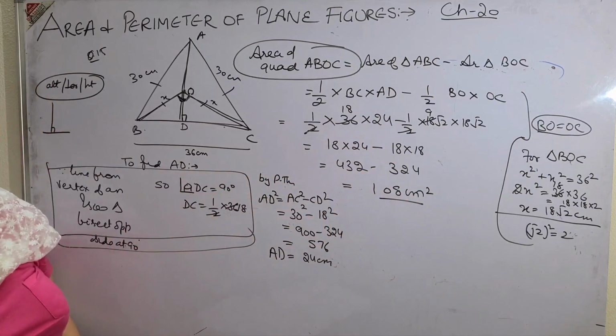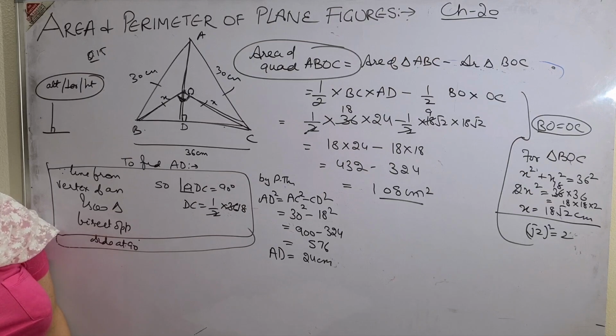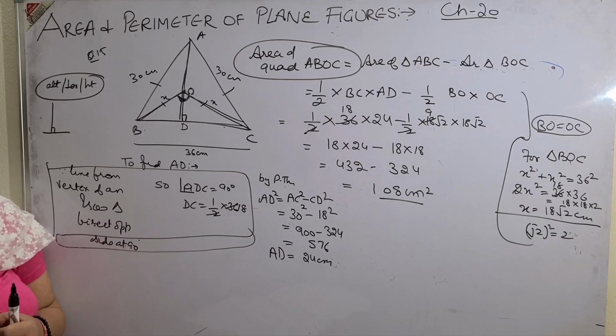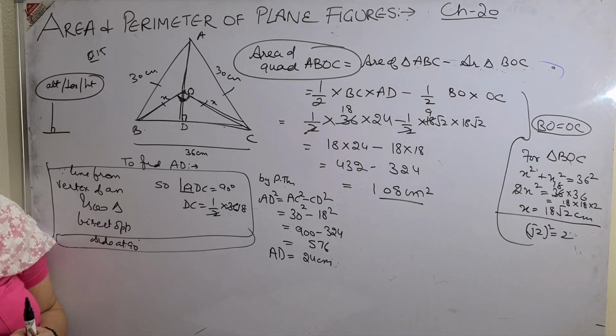Now I have done the calculations. You will understand the concept and do the calculations yourself. Unless you do the calculations yourself, no one can help you. Do it in the rough column, do it once, twice, thrice, and children, trust me, you will be perfect in it. Read the formulas nicely, commit to memory, and remember my three things: figure to be made, formulas to be mentioned, units to be mentioned. Otherwise, even if you get the right answers, if you do not mention the necessary steps, your marks will be deducted. So be very careful about it.